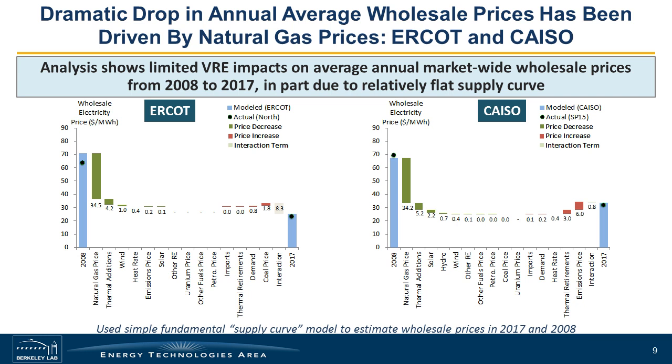And here what we're doing is we're showing the contribution of all of the different modeled factors to the change in wholesale prices between 2008 and 2017, focusing just on the California ISO and ERCOT. And for these 2 regions, you can see that natural gas is by far the biggest contributor to the changes